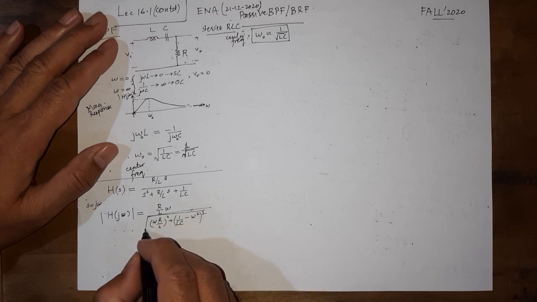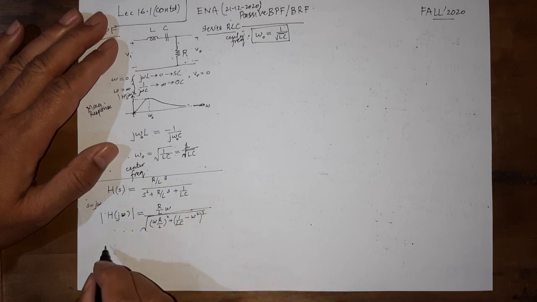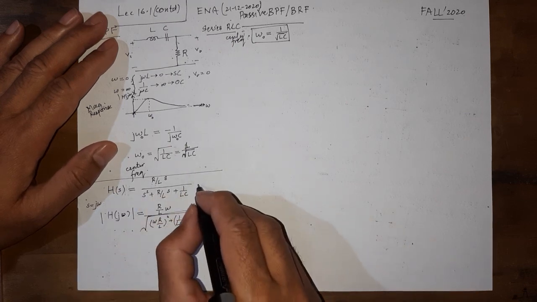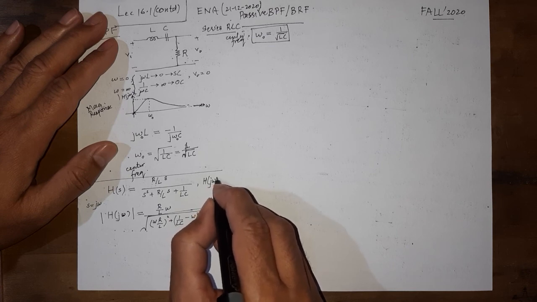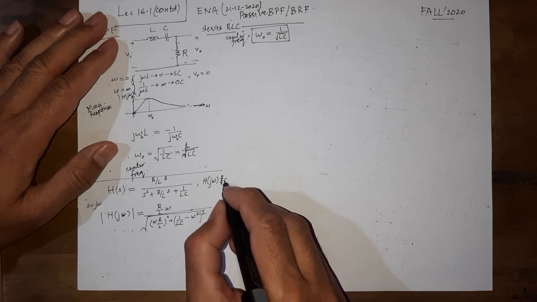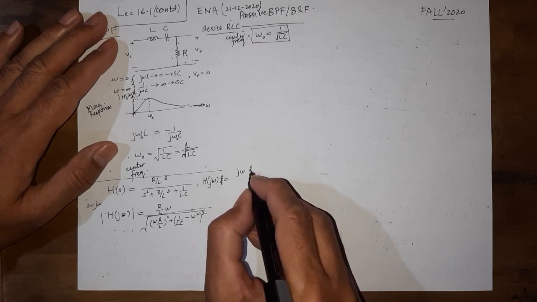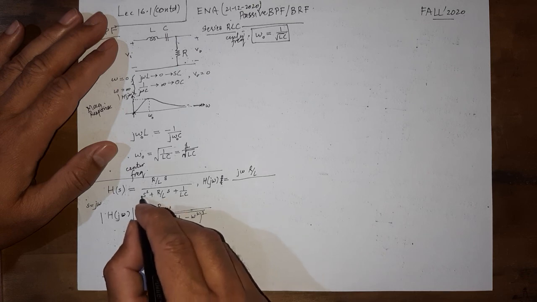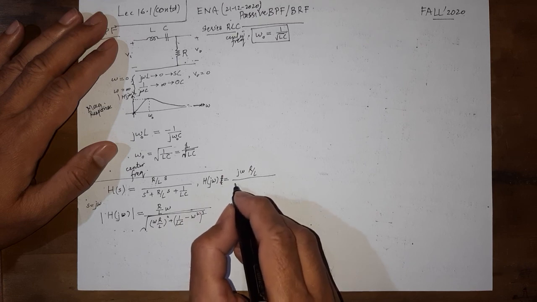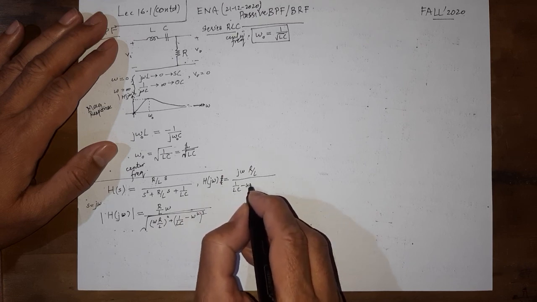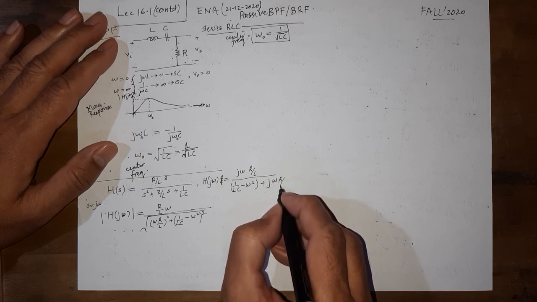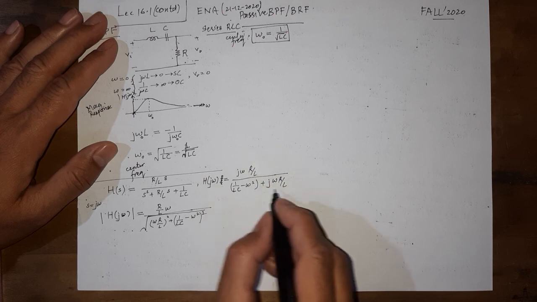This would be the magnitude of the denominator. I hope you can do the intermediate step, but let me do it for you. Not the magnitude, just converting, putting s equal to j omega, H of j omega would be equal to j omega R by L over, when we put j omega here, this becomes minus omega square, and this becomes j omega. So we get 1 over LC minus omega square as the real part plus j omega R over L. So this is a complex number.